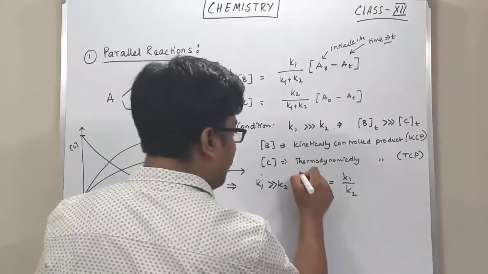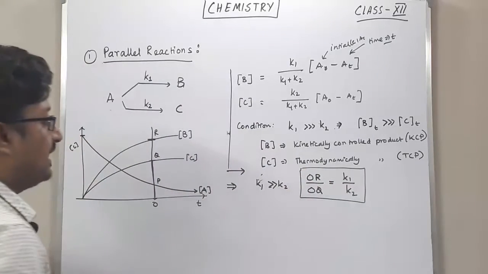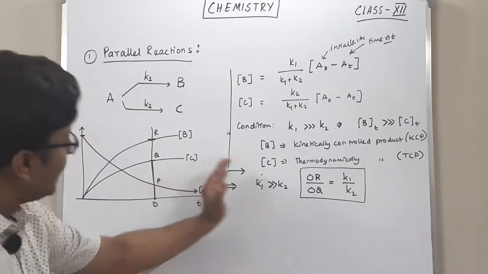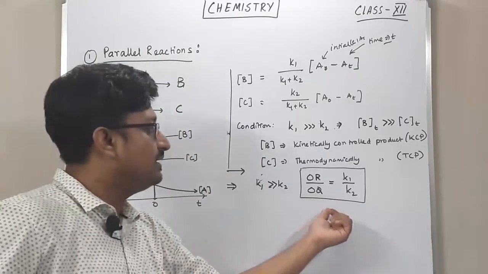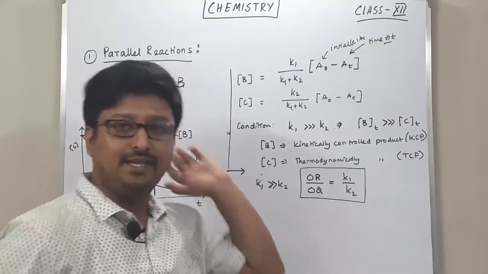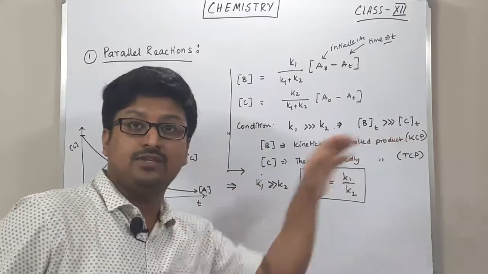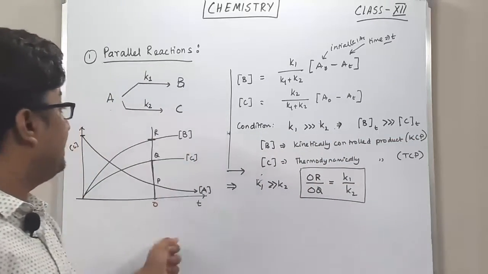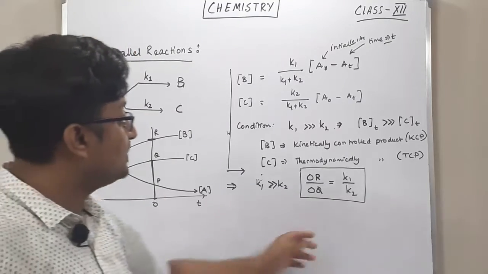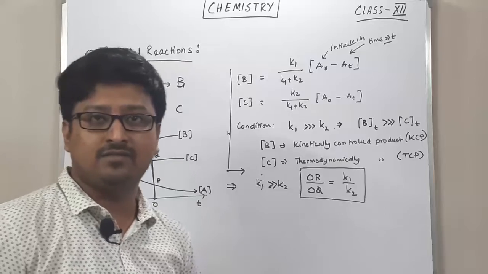Now for any time of this reaction, any time means here, you will get this relation. So what people do is they plot the concentrations with respect to time, and from the intersections they make a straight line, and from the intersections they calculate the corresponding rate constants of the reactions.